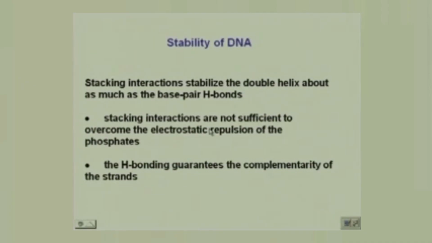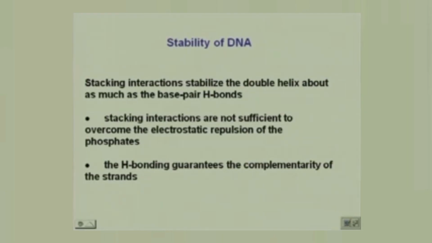The stacking interactions are not sufficient to overcome the electrostatic repulsion of the phosphates. So, the phosphates will remain as far apart as possible, stabilized by some positively charged divalent ions or polyamines, and the hydrogen bond between the purines and the pyrimidines guarantees